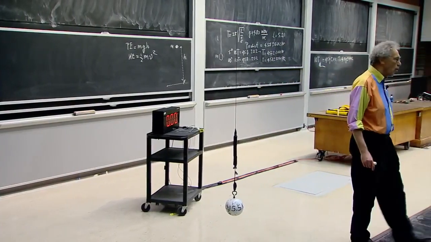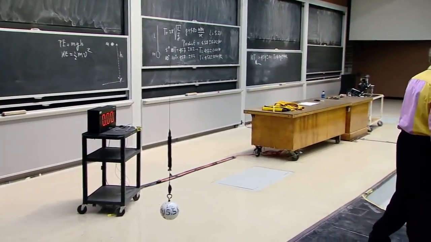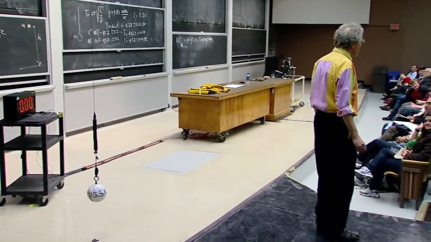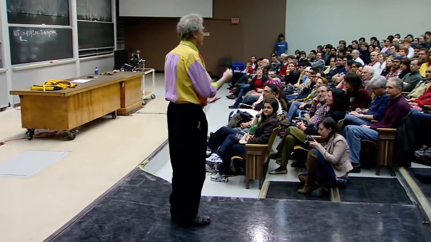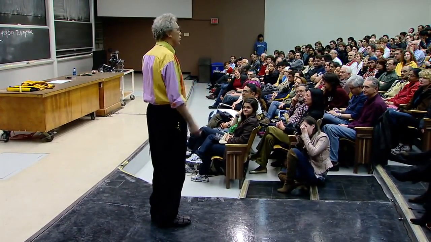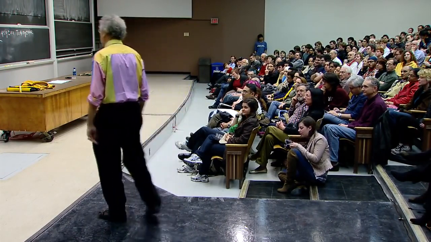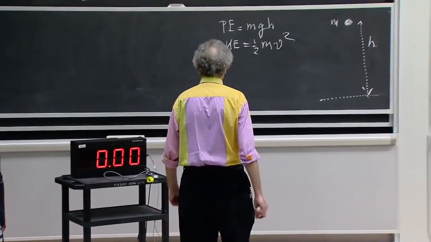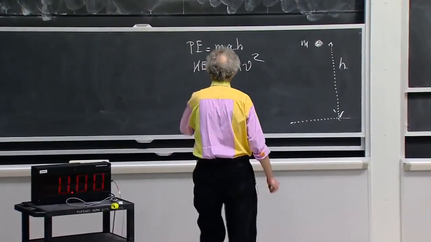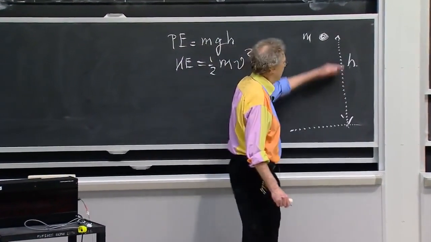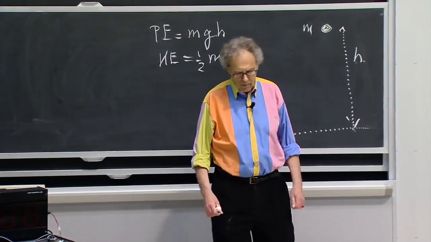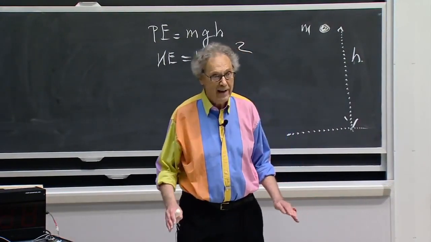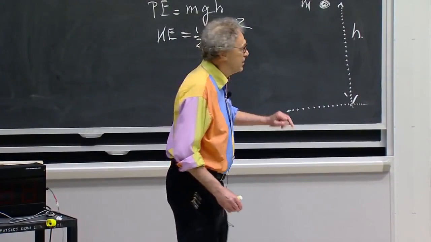Now, when it hits the floor, some of that kinetic energy may be converted into heat because of the compression. If it were a tennis ball, that would certainly happen. So in other words, when it bounces back, the total energy is no longer the full mgh, but is a little less, and so it won't bounce as high. But there is no way that it could come up higher than h.